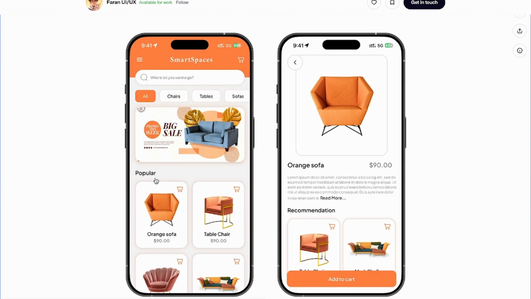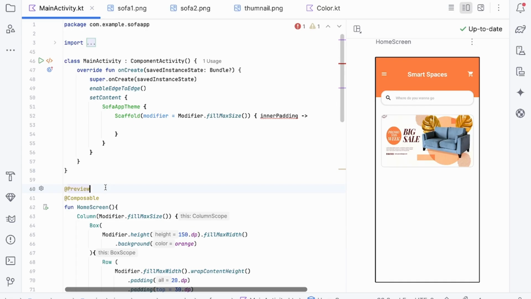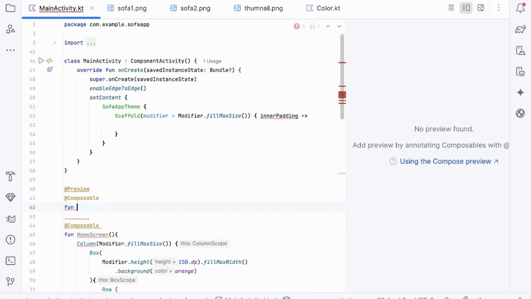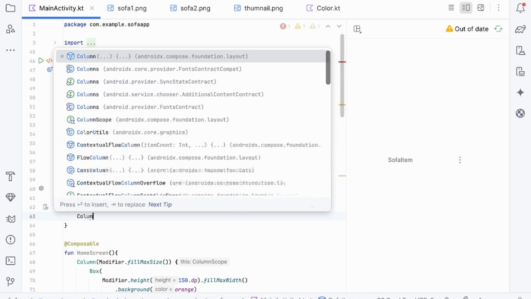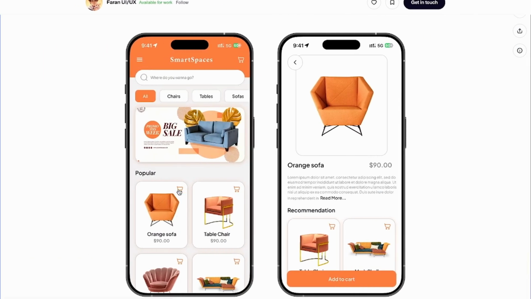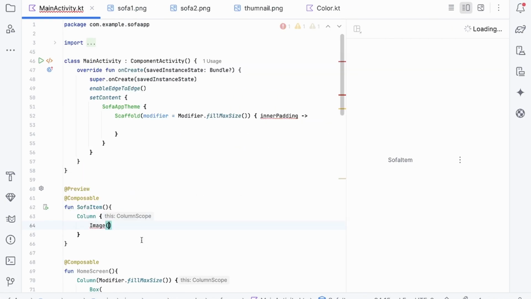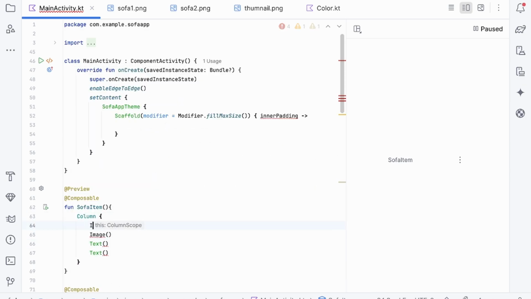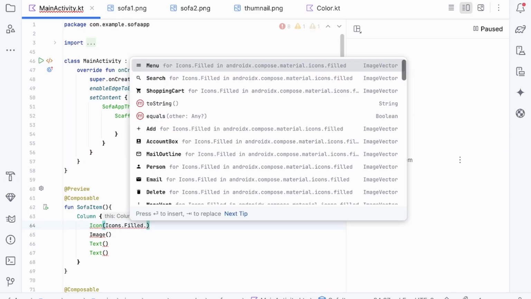And finally you need to use this popular. For this I'm going to use a preview composable function, SofaItem. It is a Column which contains 1, 2, 3, 4: one image, 2 text fields, 1 icon. Right. So the icon is cart